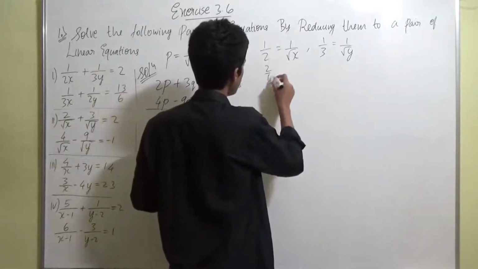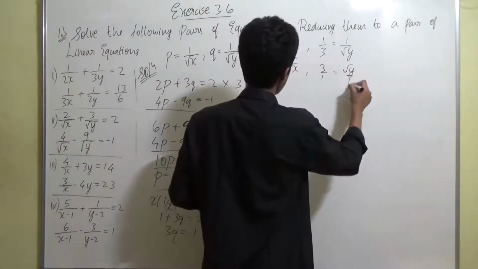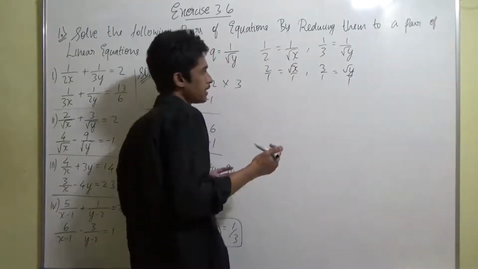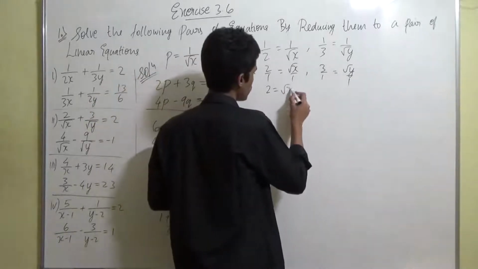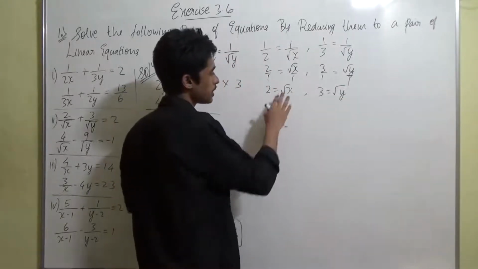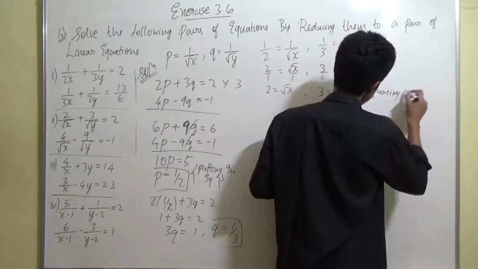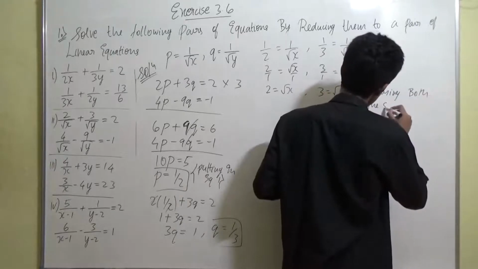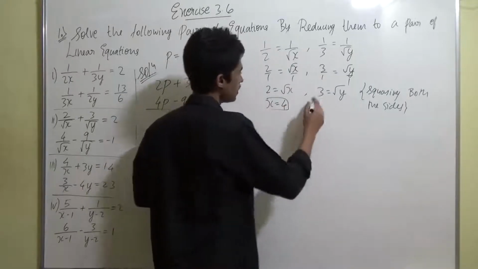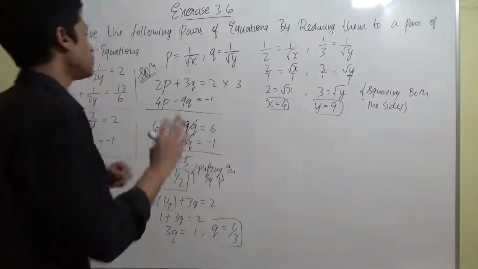That is, it will become 2 by 1 equal to root x, and here it will become 3 by 1 equal to root y by 1. So this by 1 doesn't have any value, it doesn't make any difference. So we can just write 2 equal to root x, and 3 equal to root y. So x becomes equal to... we have to square both the terms, and that time this root will get cancelled. So we'll write here squaring both the sides. That time what will happen? It will become x equal to 4, and here y equal to 9. Getting it, guys? So finally we found the values of x and y.